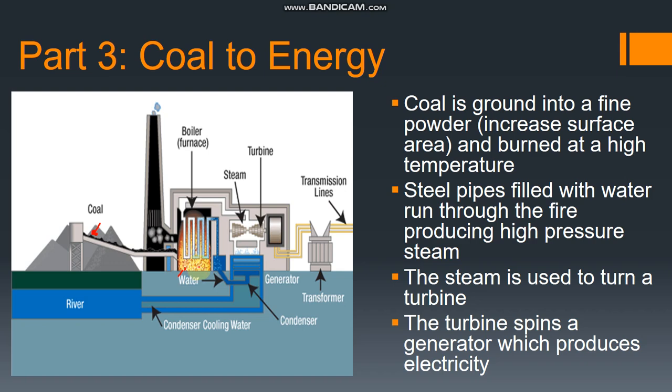So when you grind the coal into a fine powder, you're increasing the surface area. It could burn hotter, and it could sustain that length of time more so than if it were regular shaped, all jaggedy. So wash it and grind it. It's placed in the boiler, and in the boiler you have these pipes, and these pipes are filled with water. But then as the water is exposed to high temperatures from the coal burning, the water turns to steam, and